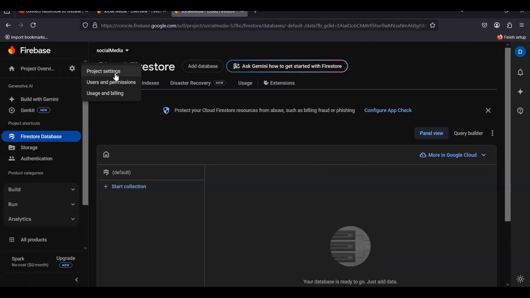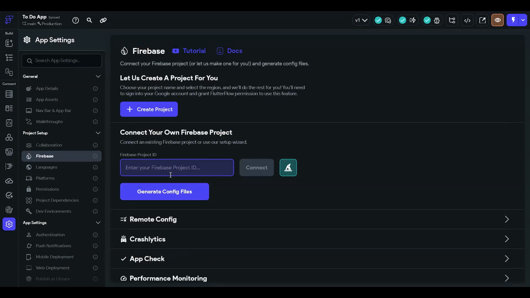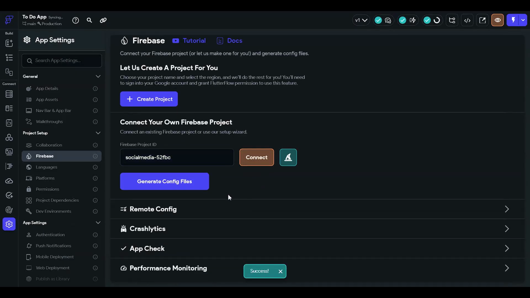Now, after creating a project and setting all the permissions, go to the project settings, and here this is your project ID, and you have to paste your project ID here.